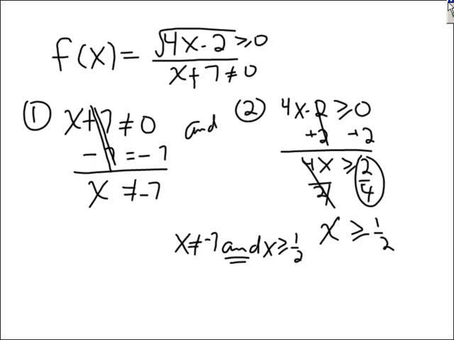Now, for and, both statements must be true. If you must be a half or bigger, then doesn't this already say you can't be negative 7? That is, isn't this redundant? For and, this statement must be true. So does the first one. But if x is a half or more,